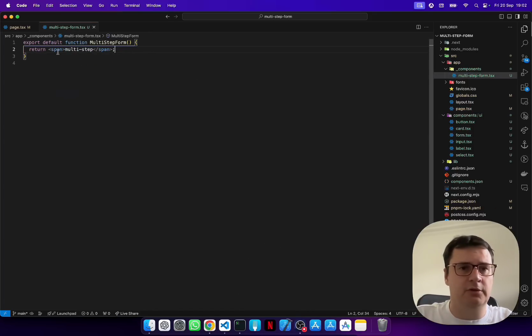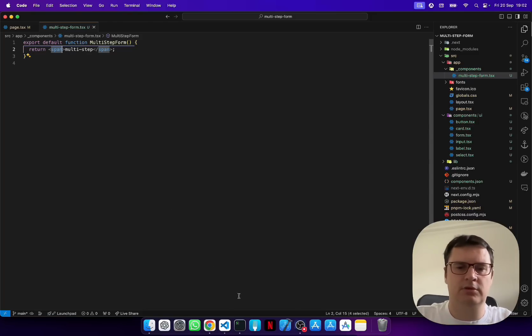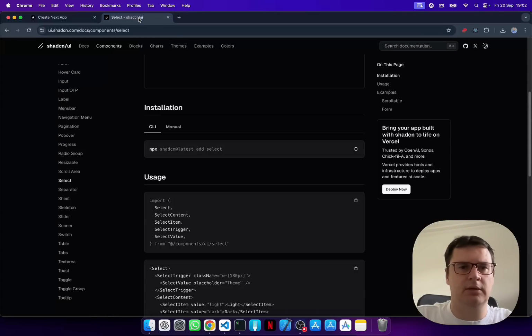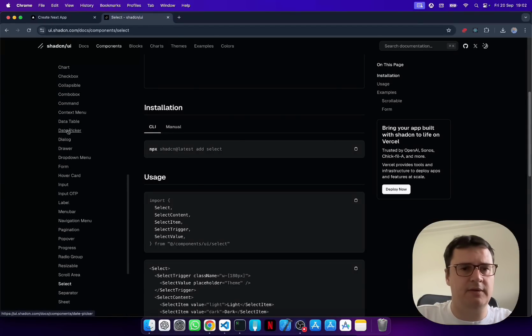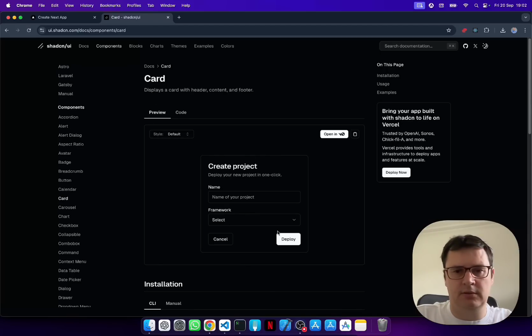All right, so let's go back to our form, and what we can do here. Let's use Shadcn card component, right? Because we already have it installed. So let's see the card. Yeah, actually this works quite okay. I mean, just for now. Or we could use